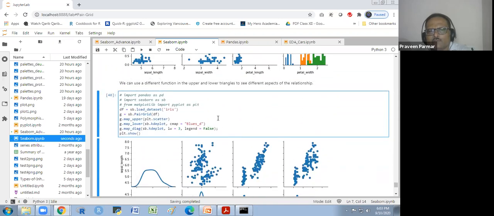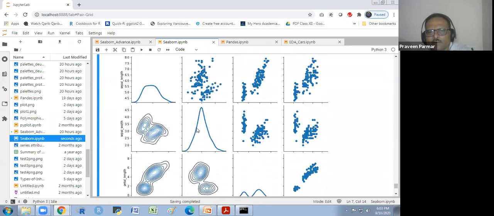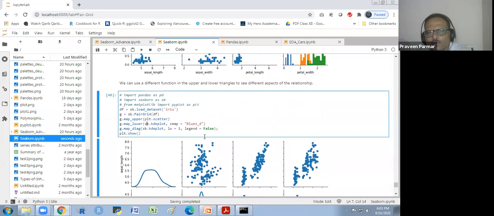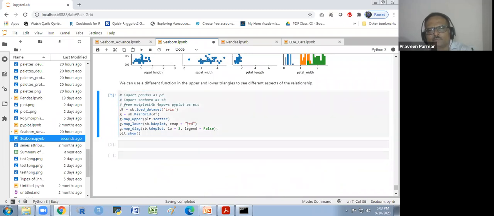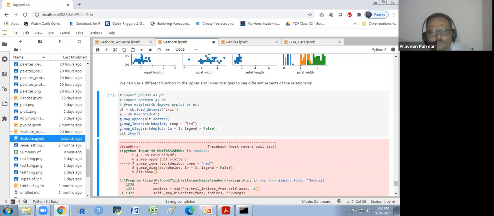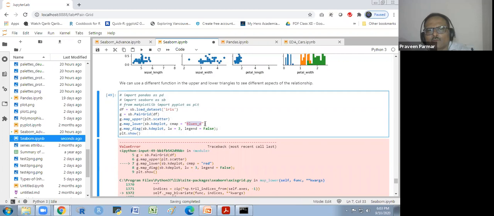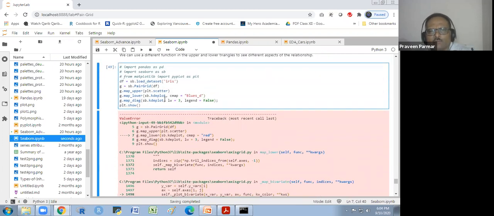And the cmap is Blues, or you could write Reds. Blues d density. Okay, that is a different color mapping.